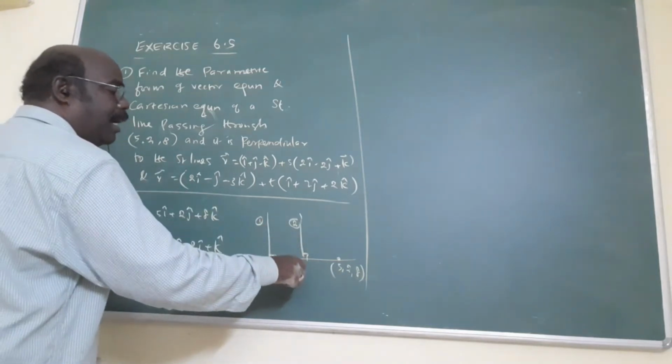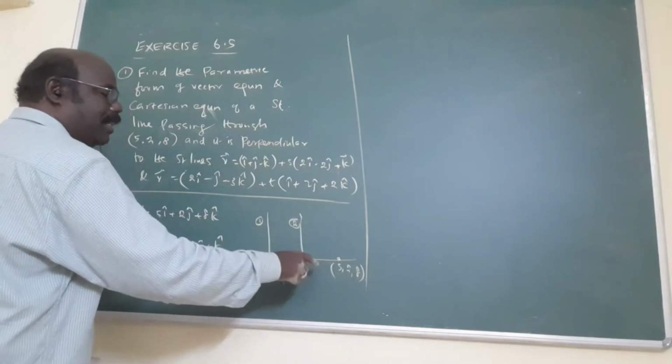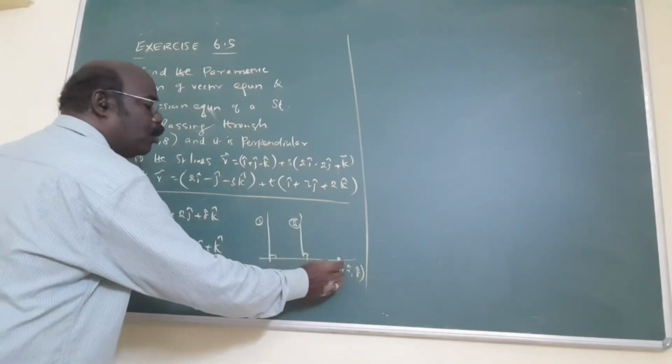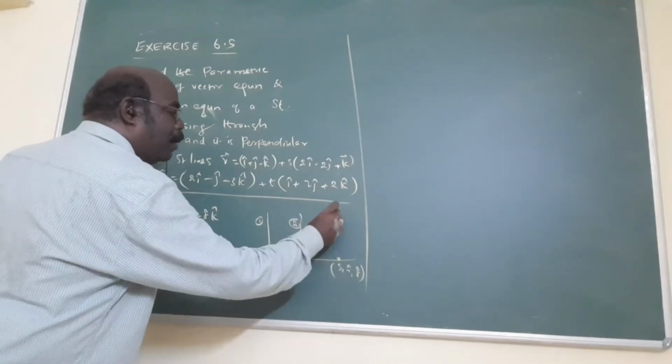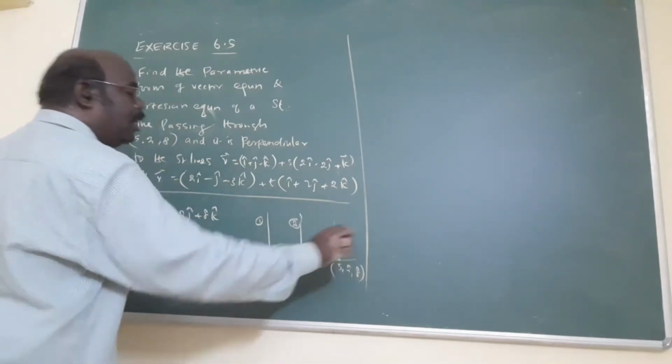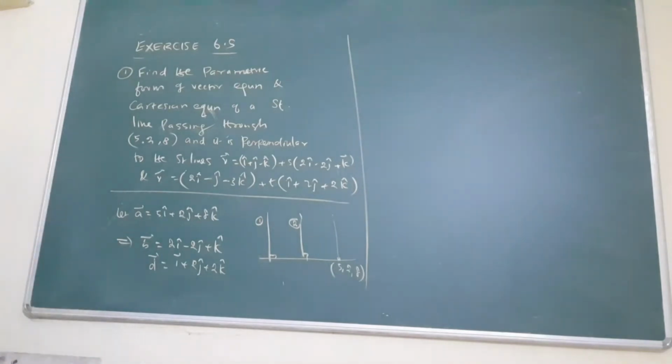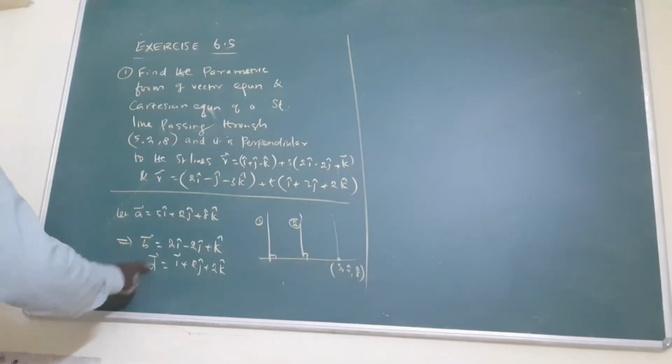You would draw the vector equation passing through this point, parallel to this vector. This is the idea: parallel to this vector, passing through this point. We want the equation. That's why here the points and two vectors are given. Two vectors, b and d, are given. Therefore, this is correct. What is being asked?